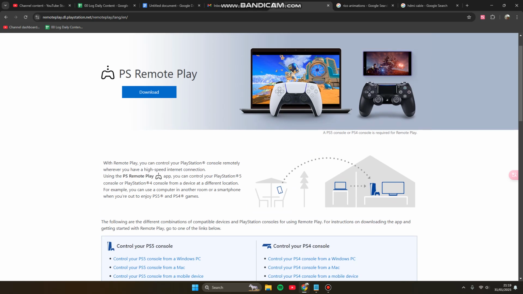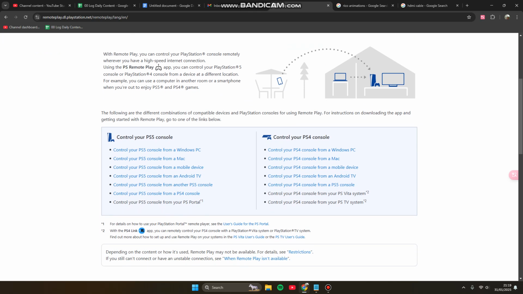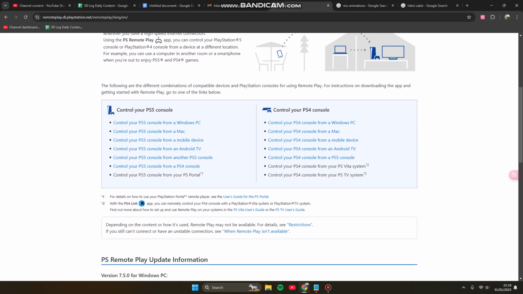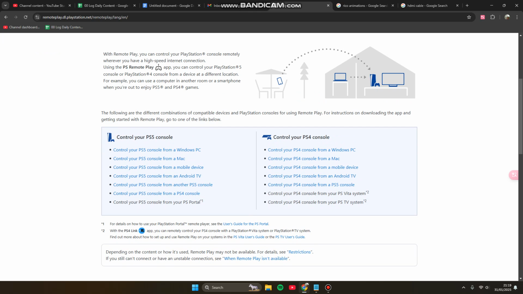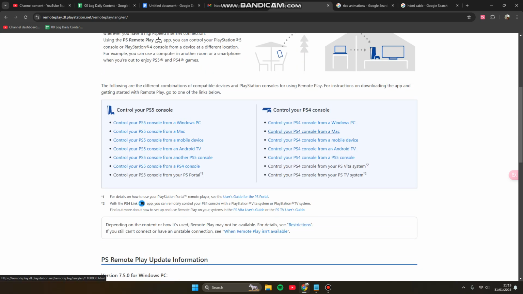With Remote Play, you can control your PlayStation console remotely wherever you have a high-speed internet connection. Using this PS Remote Play app, after installation, you can control your PlayStation 5 or PlayStation 4 console from a device at a different location. For example, you can use a computer in another room or a smartphone when you are out to enjoy PS4 or PS5 games. Here are the different combinations of compatible devices and PlayStation consoles for using